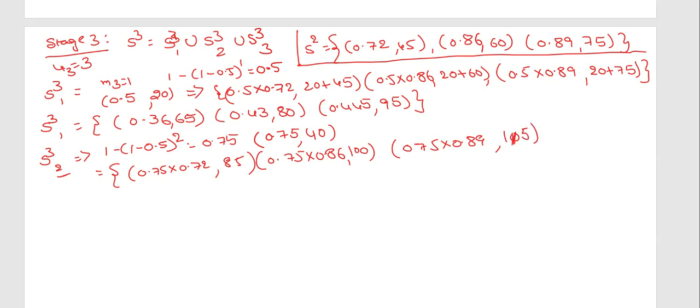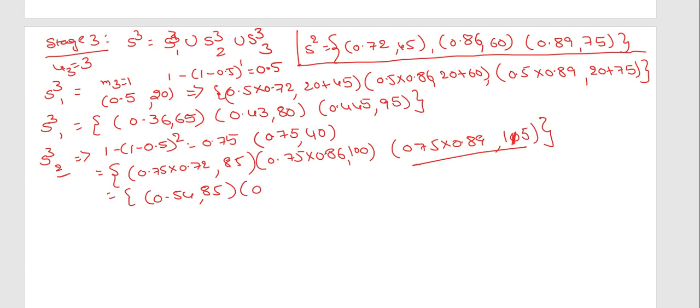Sorry, 115. Now simply you have to remove this one. Not only at the time of union, you can remove it at any point of time. If it is 115, simply remove this one. So in the previous stage, for your understanding purpose only, I will write down in the union.